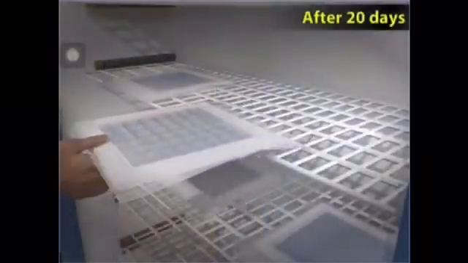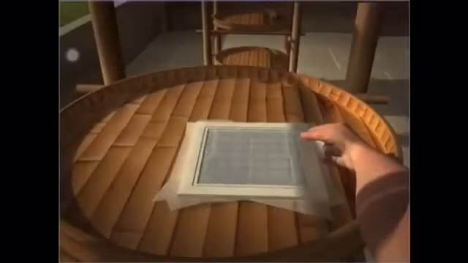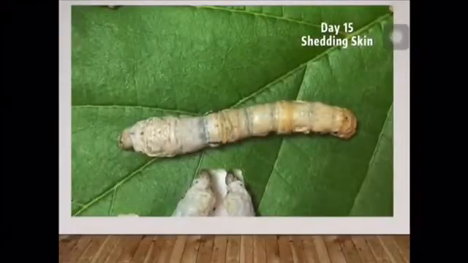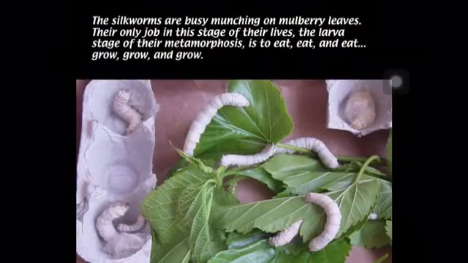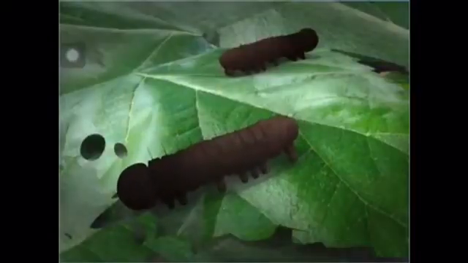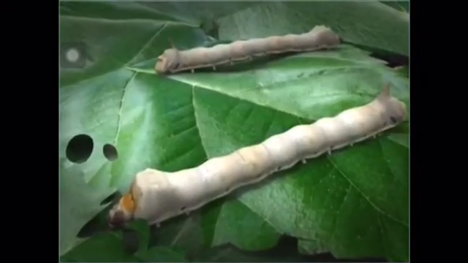Once hatched, the larvae are placed under a fine layer of gauze and fed a huge amount of chopped mulberry leaves, during which time they shed their skin 4 times. Larvae fed on mulberry leaves produce the very finest silk. The larva will eat 50,000 times its initial weight in plant material. For about 6 weeks, the silkworm eats almost continually.